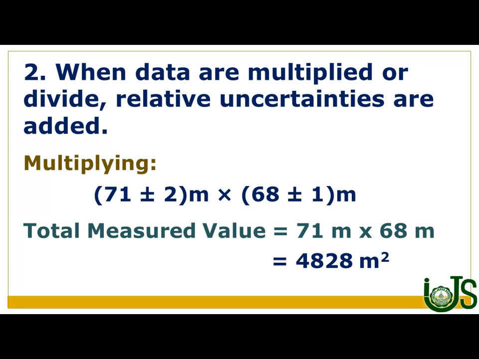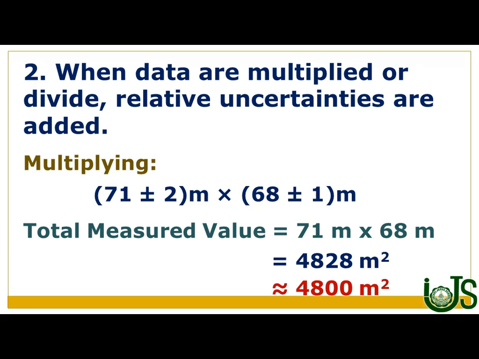So based on the example a while ago, 71 ± 2 meters times 68 ± 1 meters. Meters ang gagamitin nating units. So to get the answer, you need to multiply the measured value. So 71 meters times 68 meters. So the total measured value is 4,828 meters squared. And then, if you're going to approximate it using two significant figures, it will be 4,800 meters